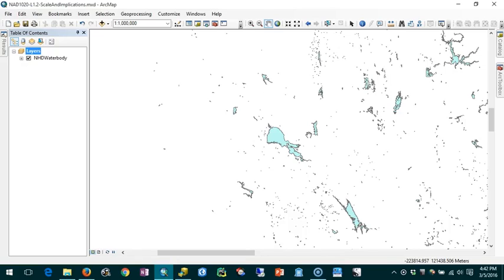is it really? Simply put, the scale of a map or data describes the size of that map or data on your screen or on a sheet of paper relative to the size it is in the real world. Up in the top here, I can see my map scale and that it's 1 to 1 million. What that means is that 1 unit on my screen equals 1 million units in the real world. We commonly use inches, so that would be 1 inch on my screen is 1 million inches in the